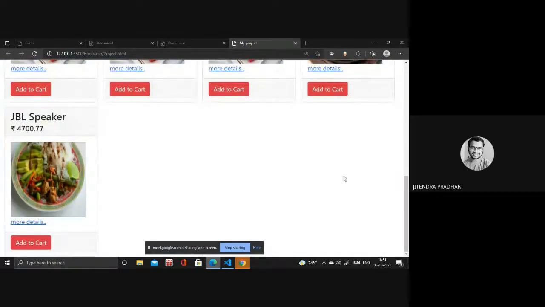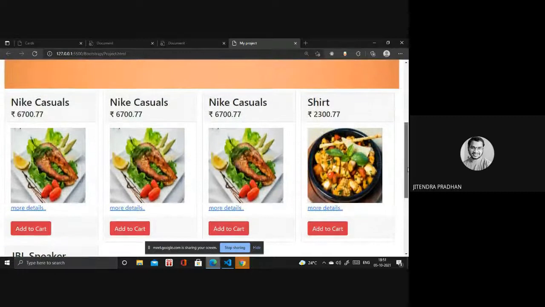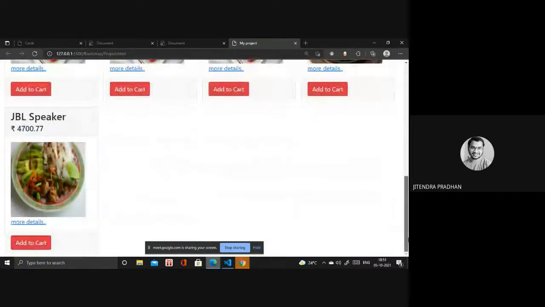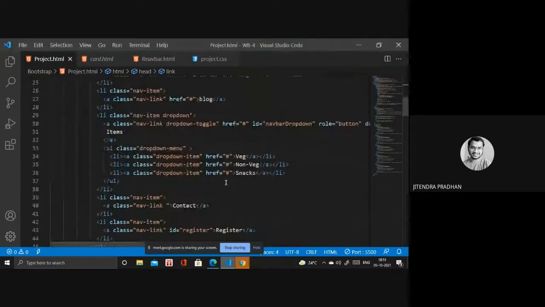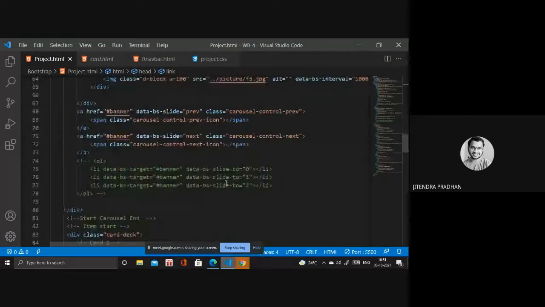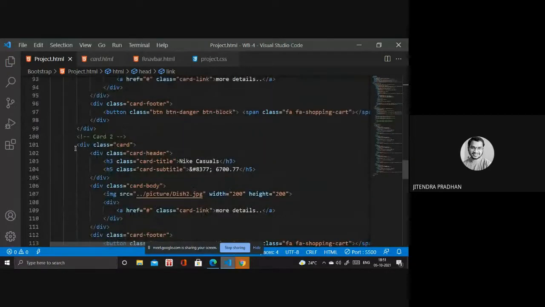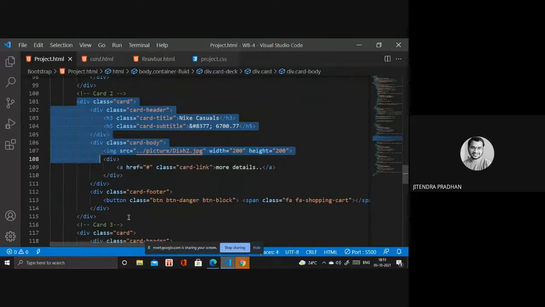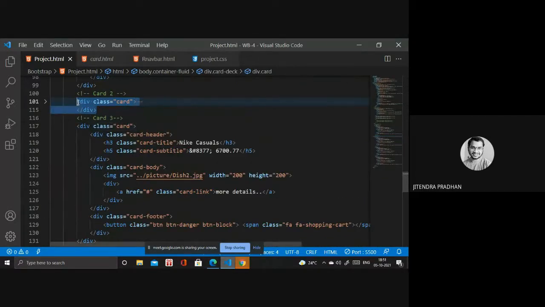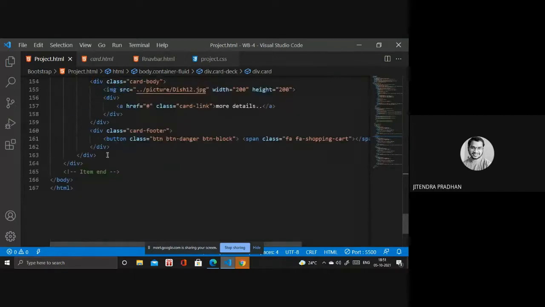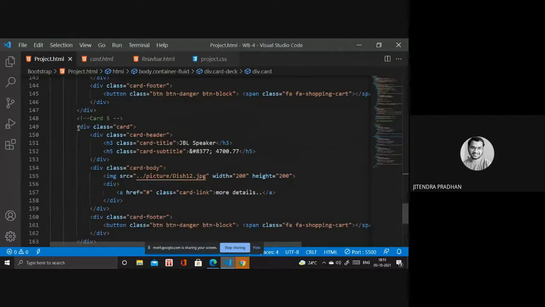Okay, now look, it's better now, right? So next thing, if you need more than that, then you have to use something like a three card item for that. So you have to copy any of that particular one and paste it. It's better. So pasting that, this one we have to use.